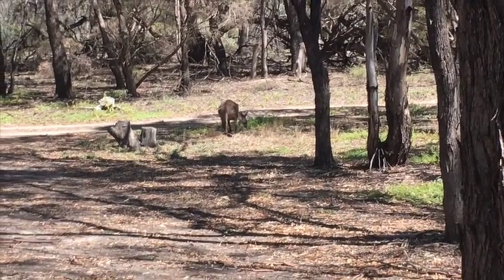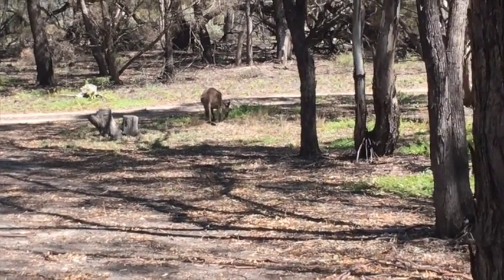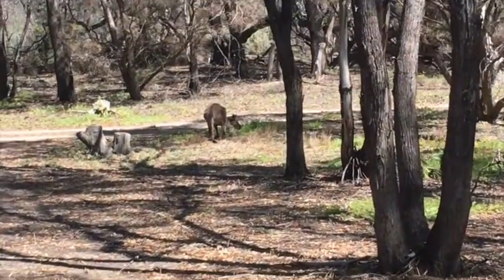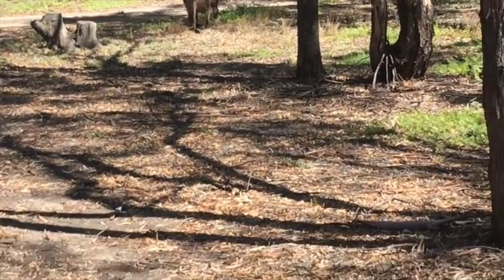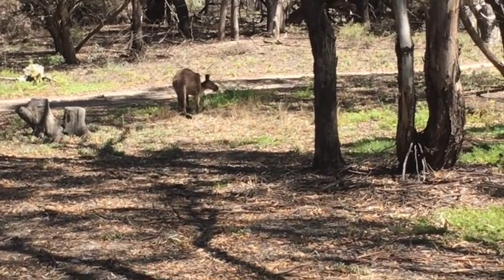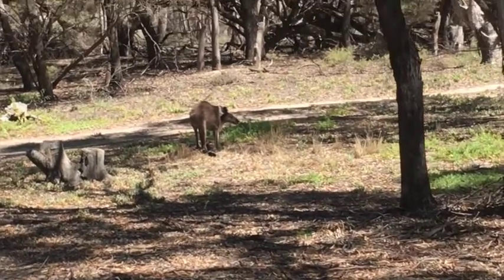I got a little bit closer now, and he literally reared up and was like, "Say what?" So I'm just gonna walk up to him, we'll start walking towards him. Hopefully he plays chicken first and fucks right off. If he charges the camera, then I will... It's a bit concerning when they're super not bothered, unless he's someone's pet kangaroo, but